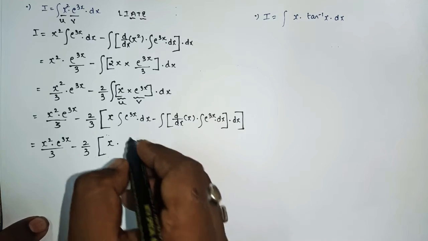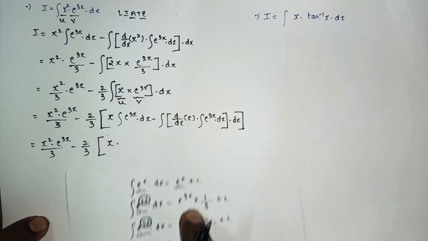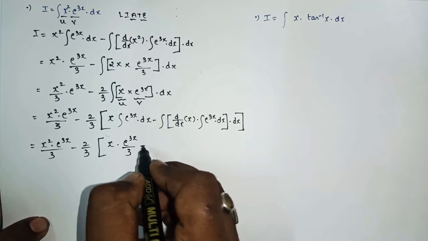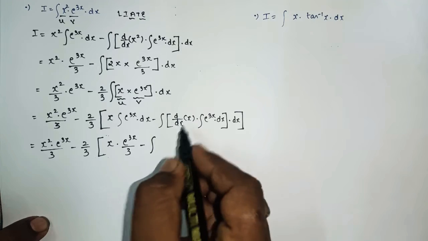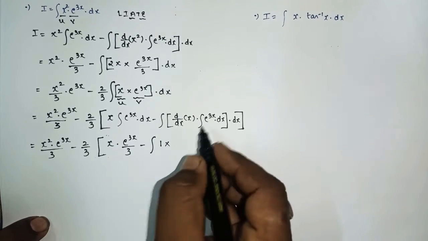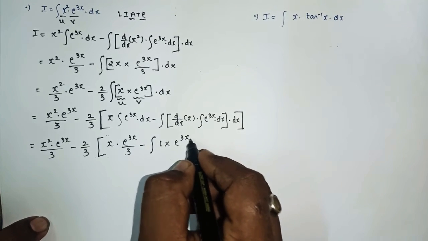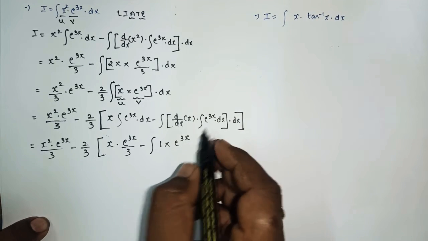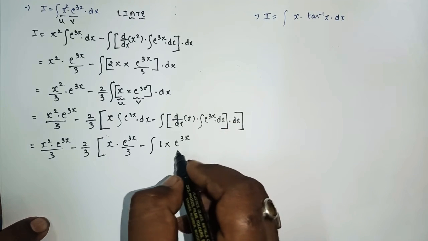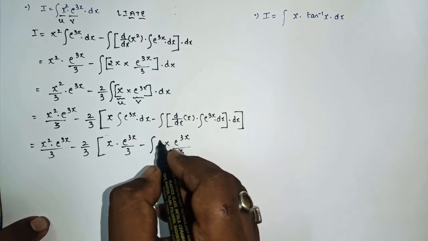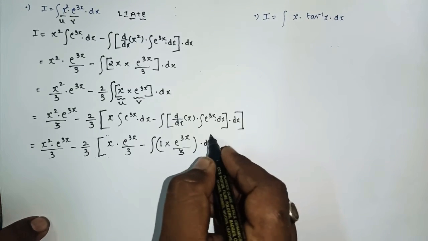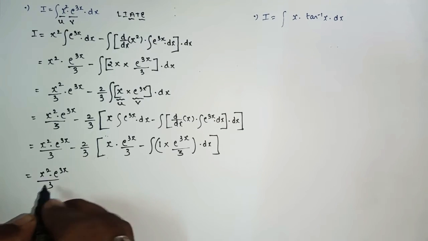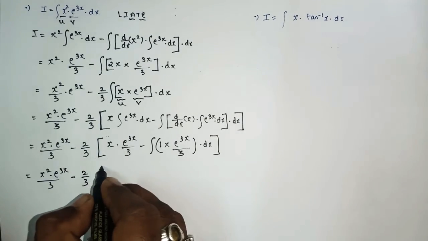x into integration of e raised to 3x. Just now we saw integration of e raised to 3x is e raised to 3x upon 3, minus derivative of x, which is 1, into again integration of e raised to 3x, which will be e raised to 3x upon 3, into dx. Yes or no? So further we can write this as x square into e raised to 3x upon 3 minus 2 by 3